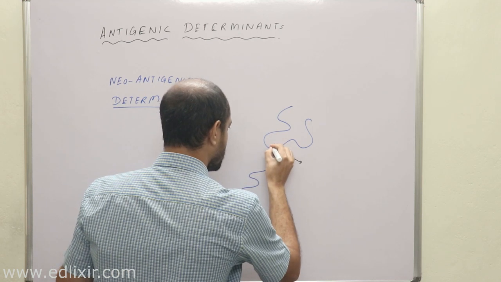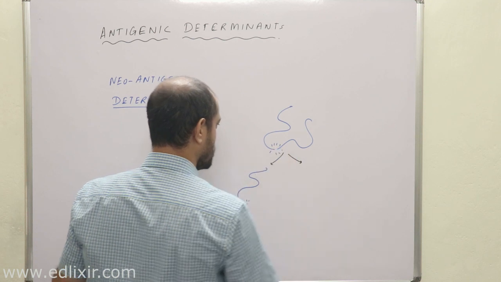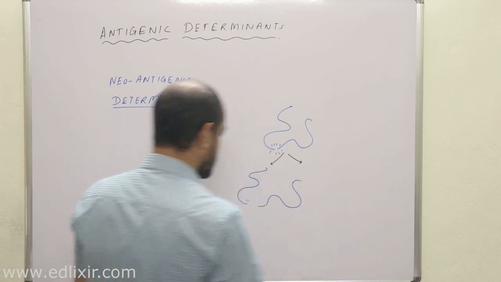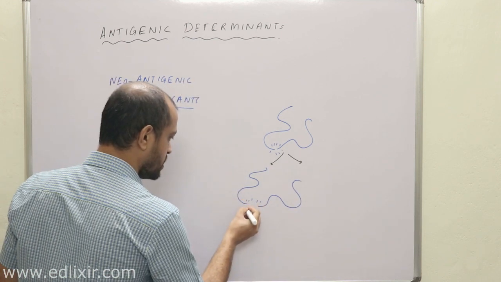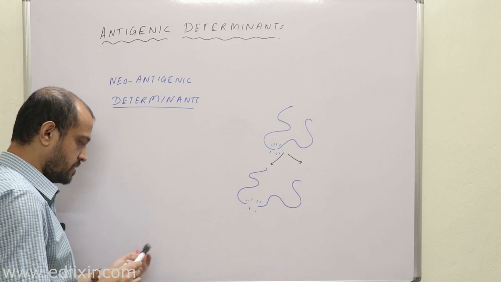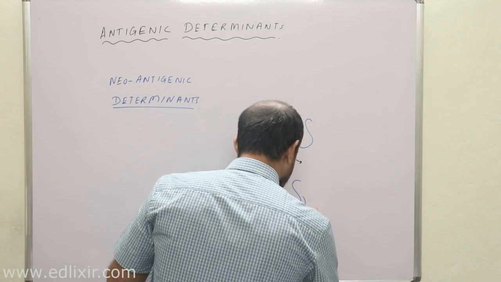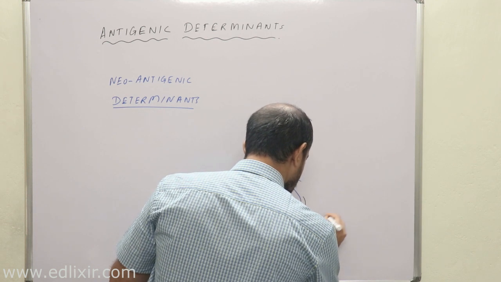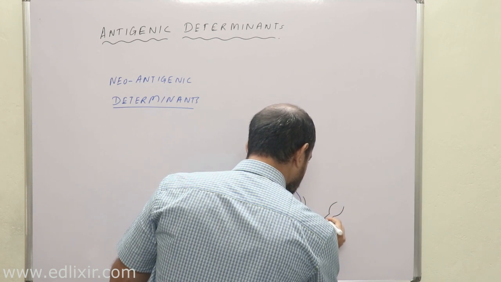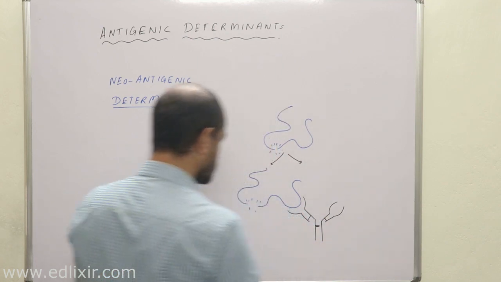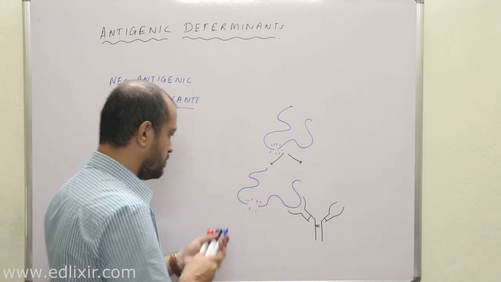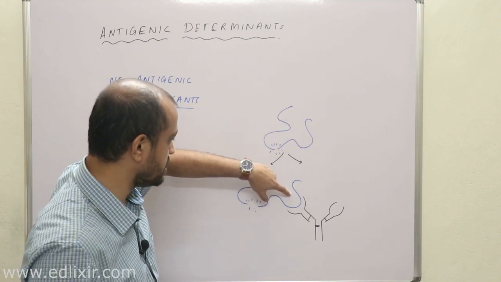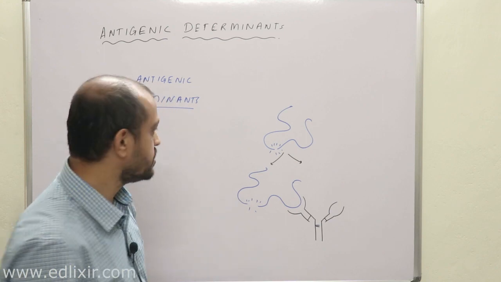Suppose you break from here. Then you will get two fragments here, right? From here we have broken everything. Now listen with all your attention. There may be an antibody which can actually bind to this surface, but when it was associated with the protein, it was impossible for this particular segment to bind with an antibody because of other interactions maybe.